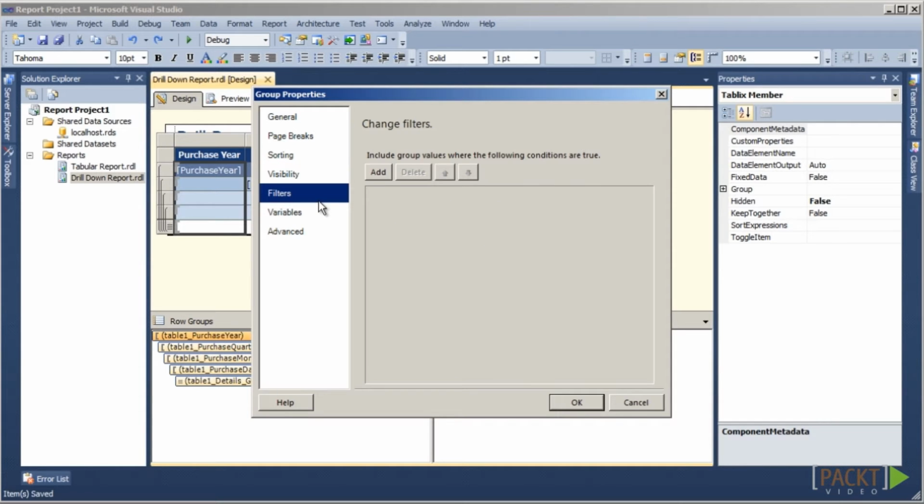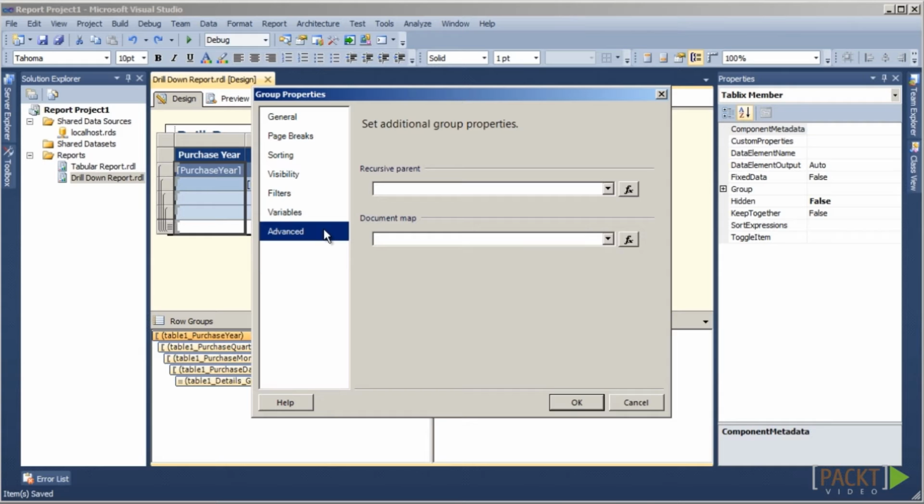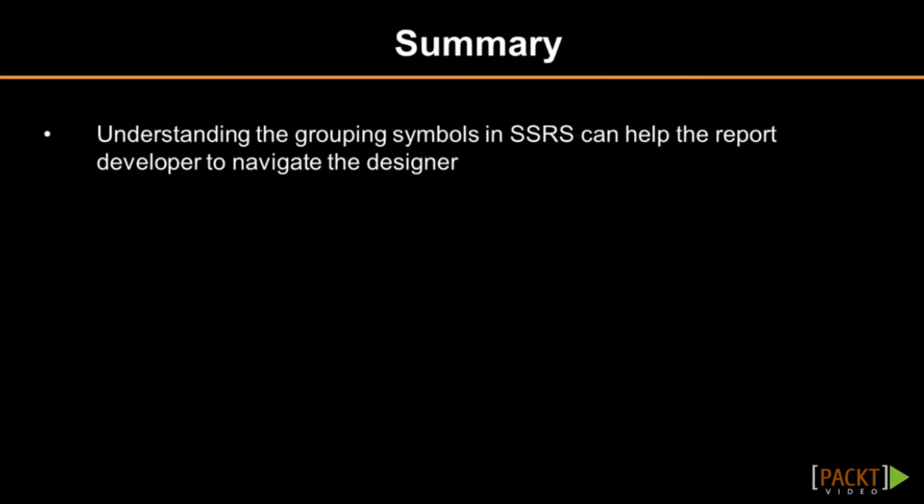The Filters page allows for defining filters. The Variables page allows us to add and modify group-level variables. In the Advanced section, the Document Map page allows us to define a document map for use when the report is exported to a PDF. In summary, having an understanding of the grouping symbols in SSRS can help the report developer to